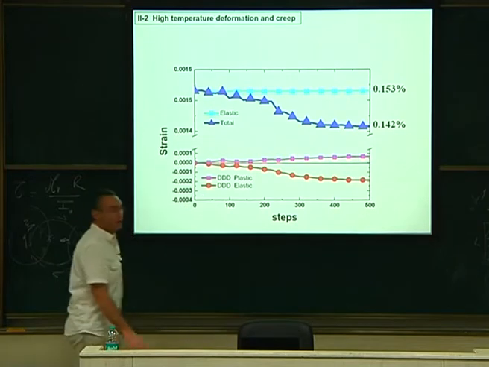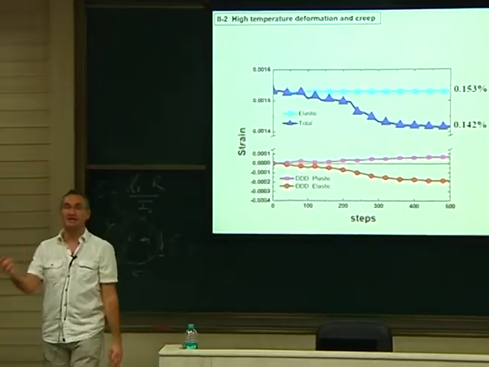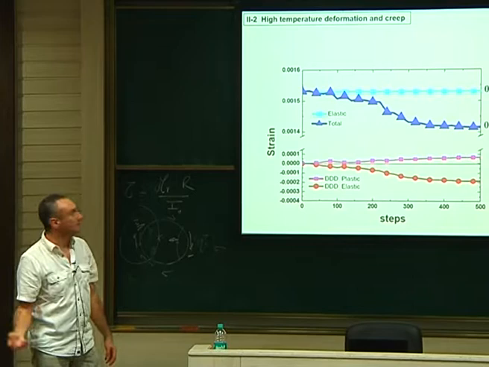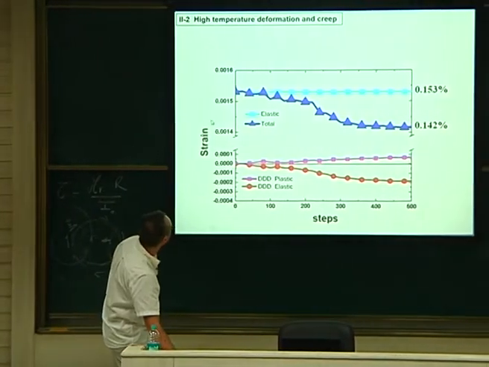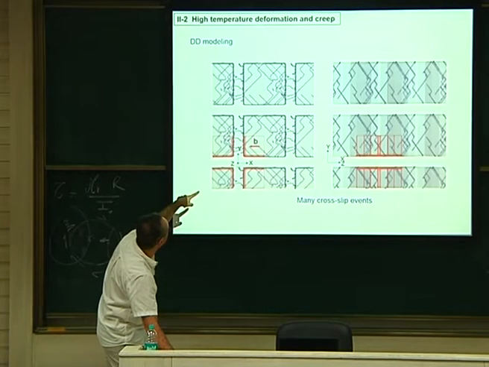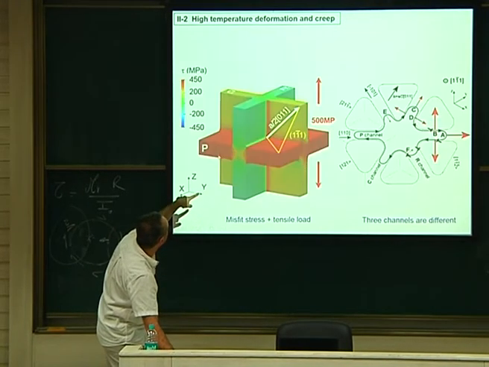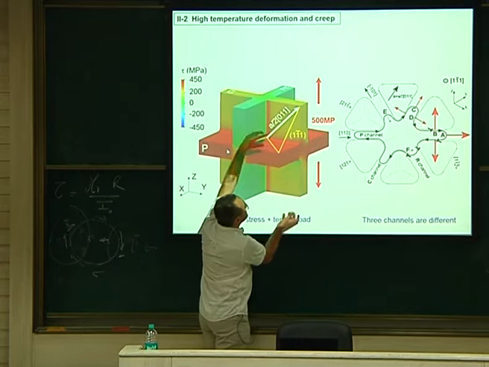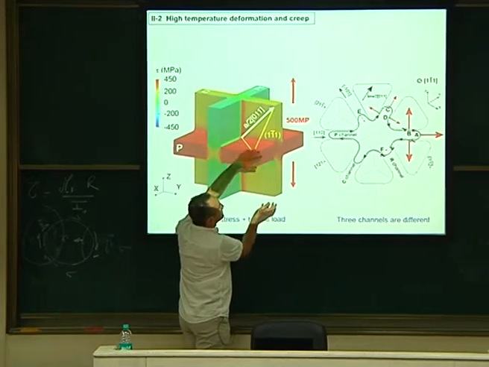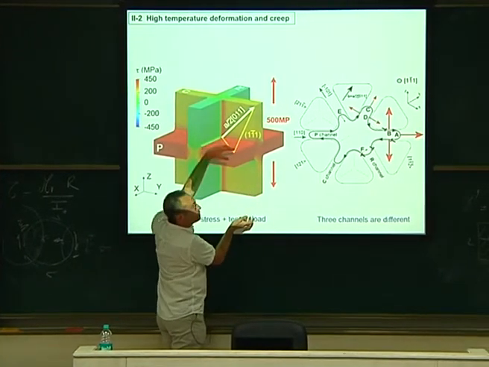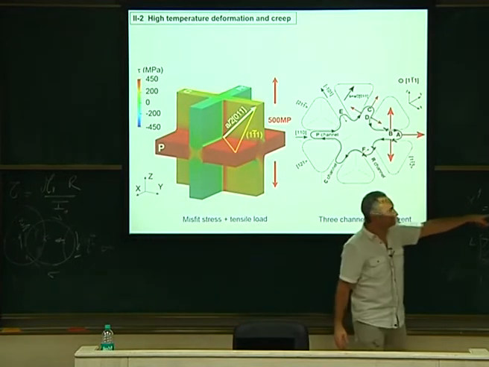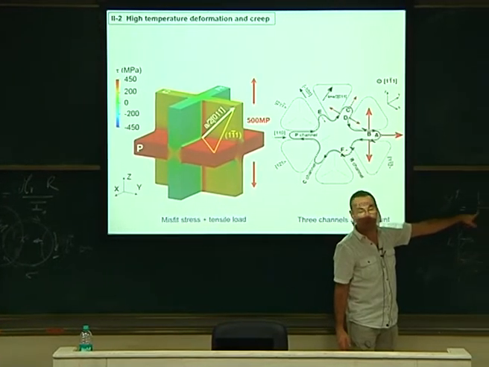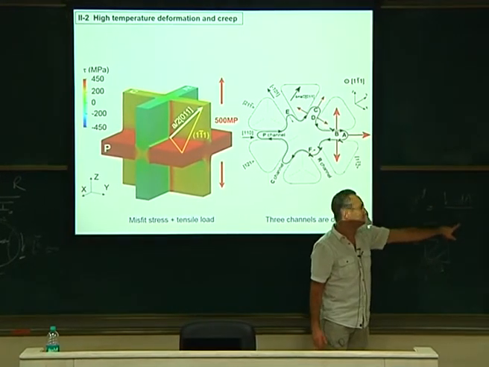And now if you compute some plastic and elastic deformation out of the DD, this is what it gives. Here is the deformation of this channel along the z-axis. Let's take it here. So this is my z-axis, okay? And I will compute along the z-axis the component of plasticity due to that formula. So this is the plastic strain, I call it, B times the area divided by the volume.